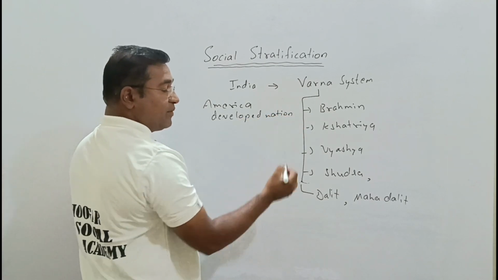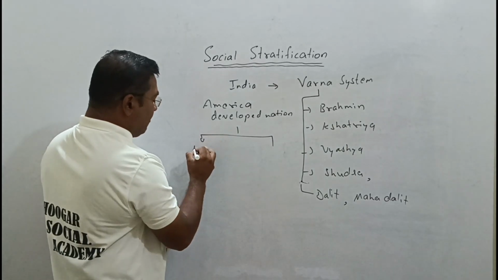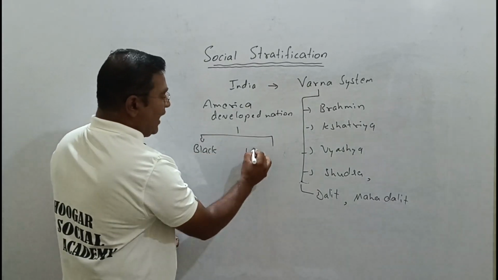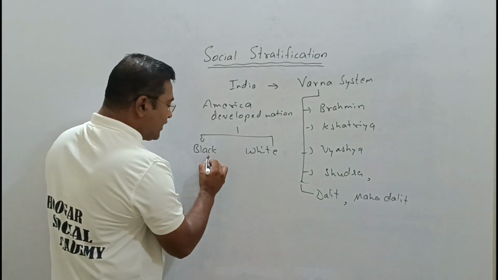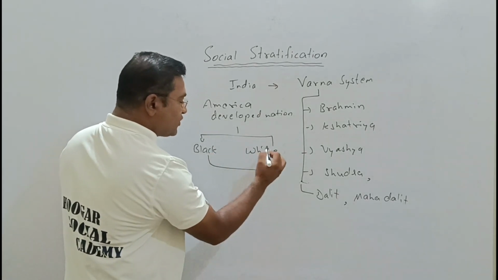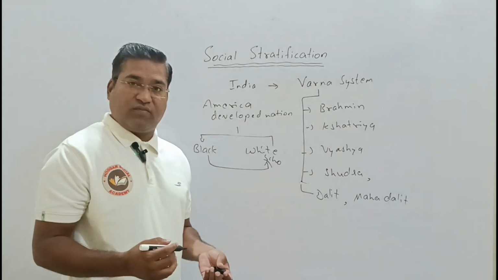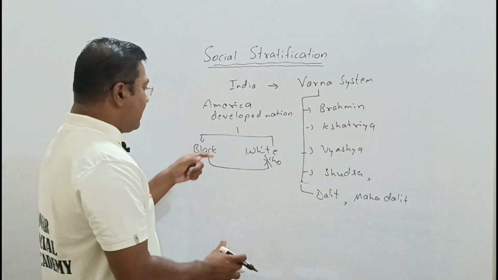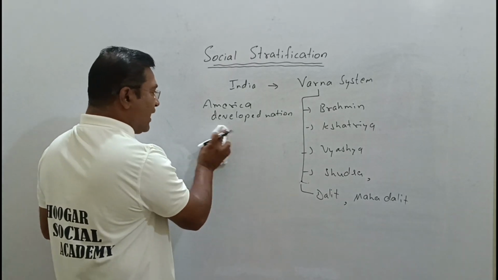We call it a developed nation. Even in such nations, we saw differences in the name of which one? In the name of black and in the name of white. Blacks were not allowed to enter the schools of which one? The schools of the white. See, this is the difference. Even in a country like America, which is developed.